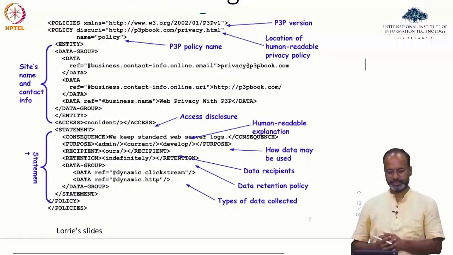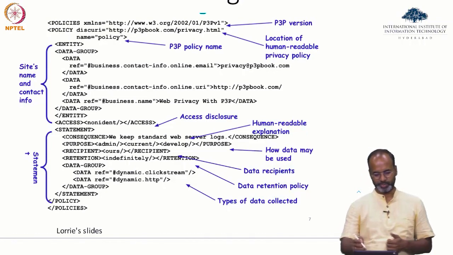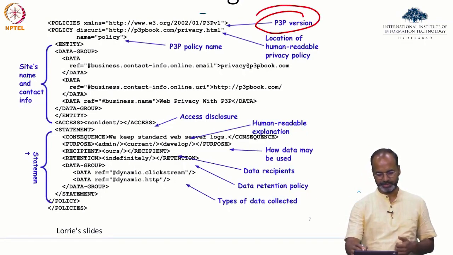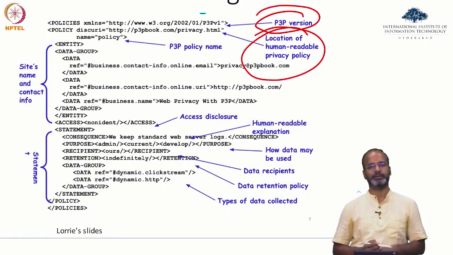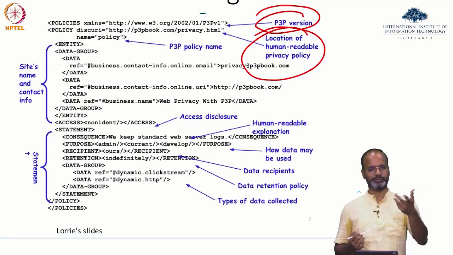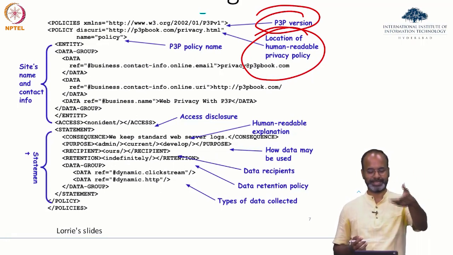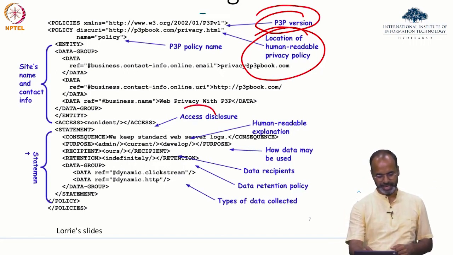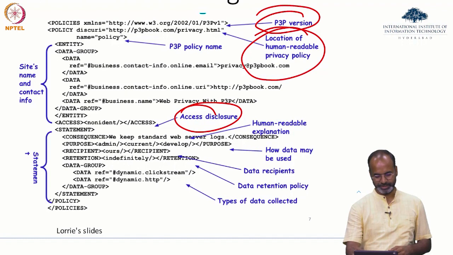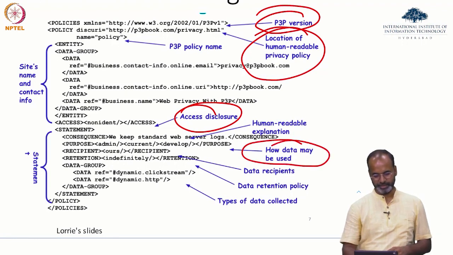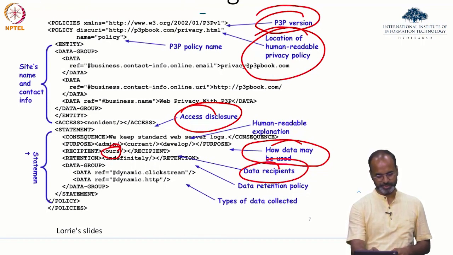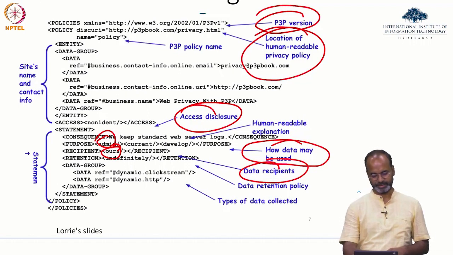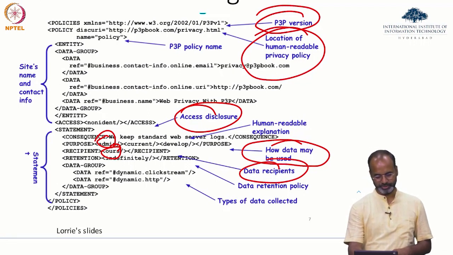So this shows a policy: what version of the P3P policy it is, and the location of the human readable policy, right? So you should know that the privacy policy is at technologies.ac.in/privacy. This is the access disclosure, a human readable explanation of how data may be used, and the data recipients, which is who gets access to the data. So this is ours, this is admin who's getting access to the data, and then retention,